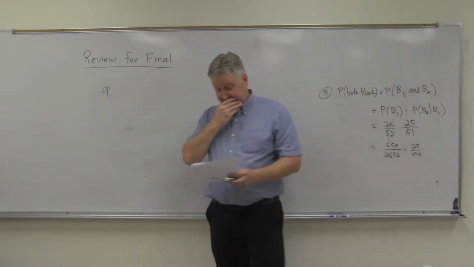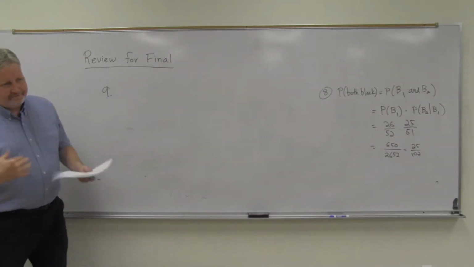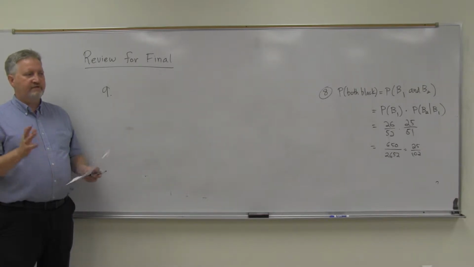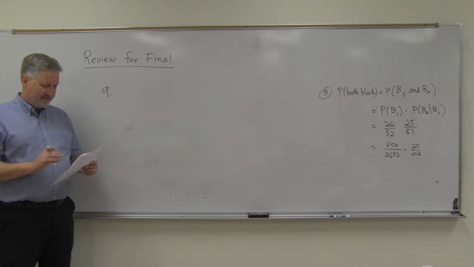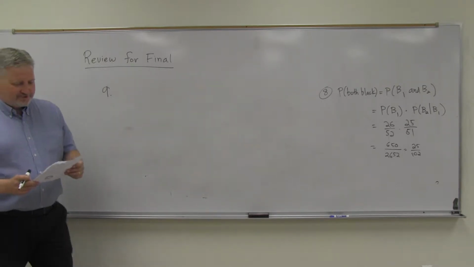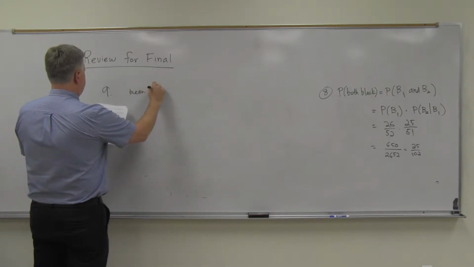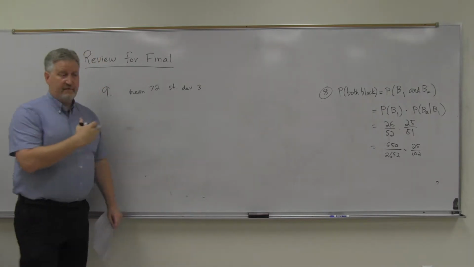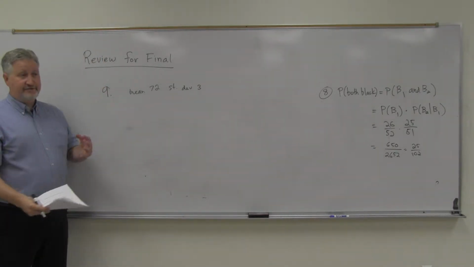So on this statistics, the one I picked out here, there's finding the mean, median, mode, and standard deviation. Probably have you do some of that. But the one I picked out to review this page is normal distribution has a mean of 72 and a standard deviation of 3. So yeah, I may very well have you compute a mean and a standard deviation, so be sure to review